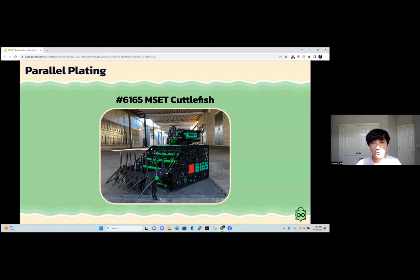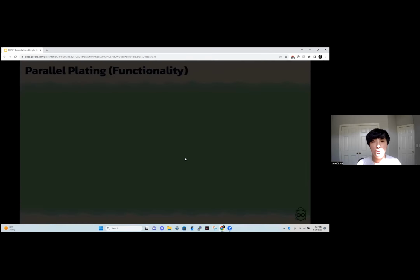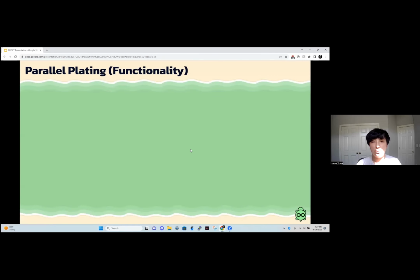So up here, I have a picture of team 6165 MSET Cuttlefish. And if you look at their drive pods, which is what's enclosing their wheels, you'll notice that their drive pods are parallel. There's a plate on the outside and there's another plate on the inside. And the main functional reasons as to why we do this